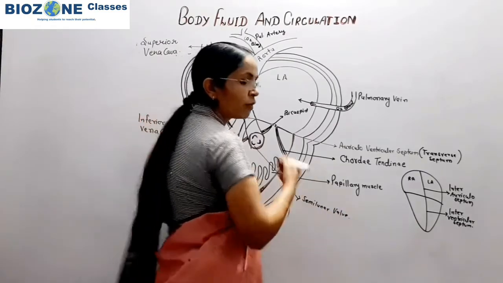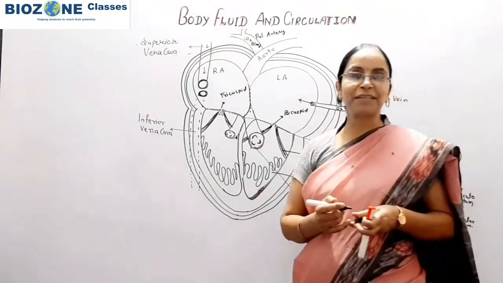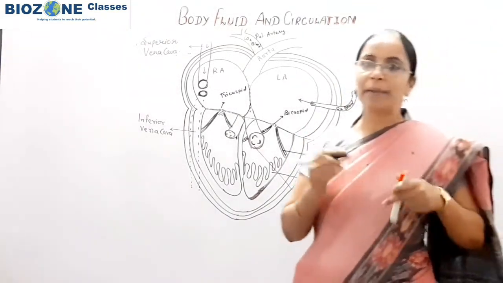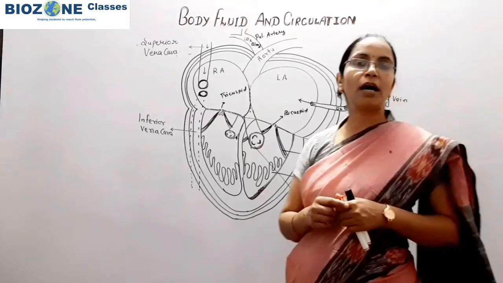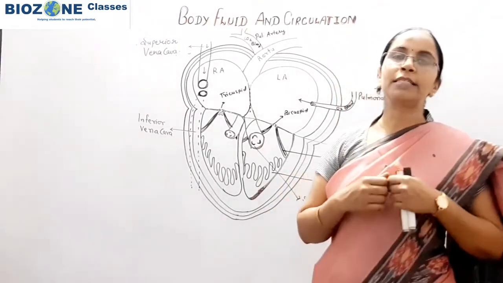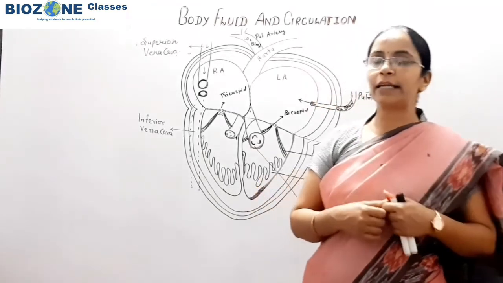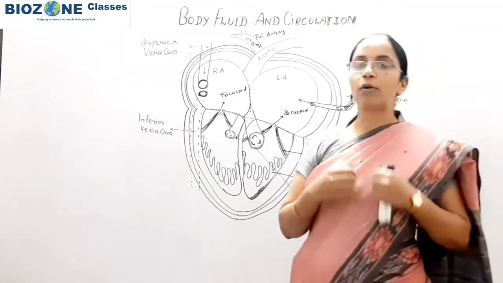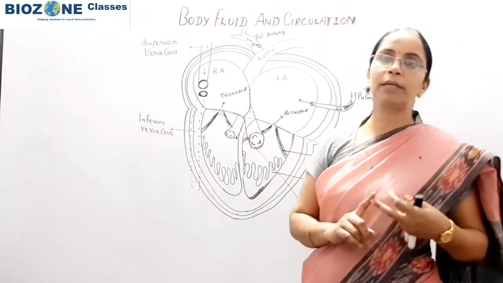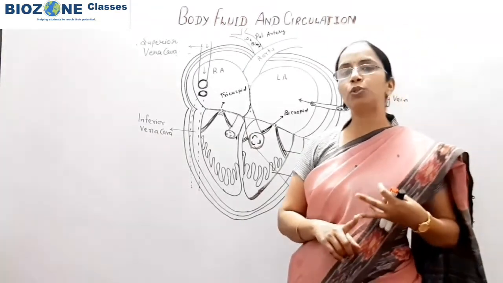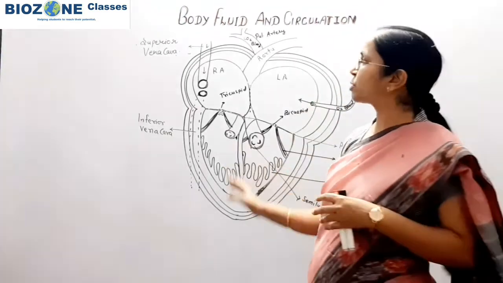So students, with this we complete the structure of the human heart. Again, revise one time. The human heart is a myogenic heart, mainly because cardiac muscles control the activity of the heart. Secondly, the heart is situated in the mediastinum. It is slightly tilted in position. In the left lung, the heart fits in the cardiac notch. And secondly, the size of the heart is according to the clenched fist of the person. When you study structure, you remember the valves, the chambers, as well as the tissues which participate in the formation of the cardiac wall. So this is all about the structure of the heart.